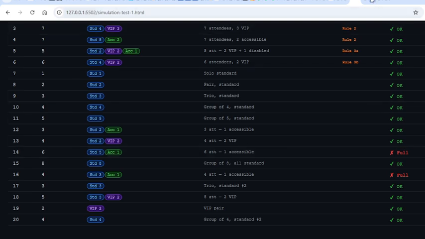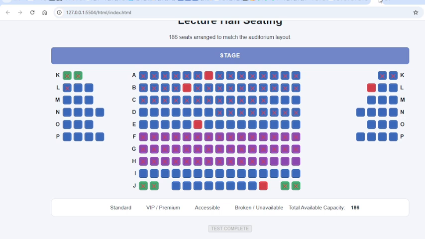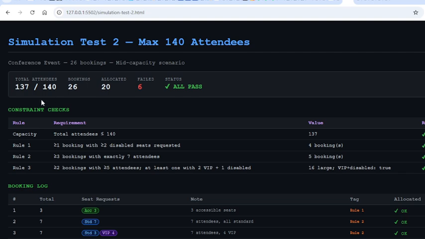So moving on to demonstrate how it would look if it was almost full. I just assume that almost full is at least 75%. That's roughly 140 people. So this is how it would look if 140 people attempted to book. And as you can see, they're skipping the broken seats and trying to assign the next possible seat. And according to this, out of 140 attendees that tried booking, 137 were successful, 6 bookings failed,